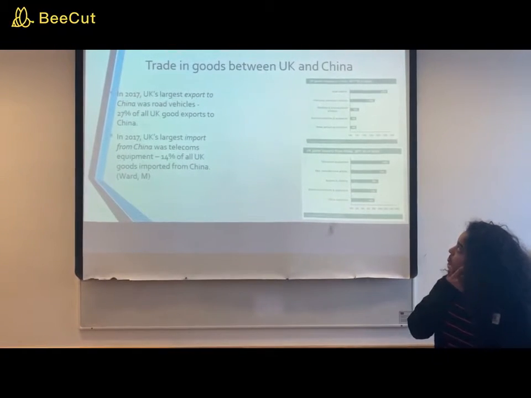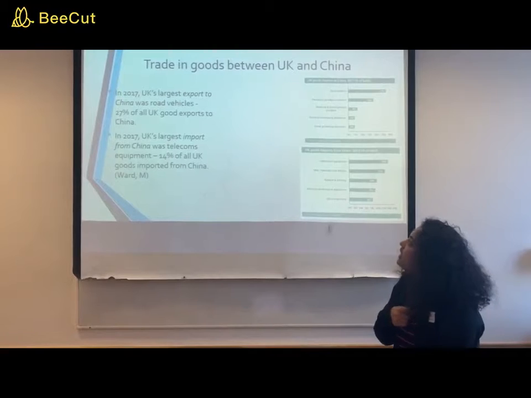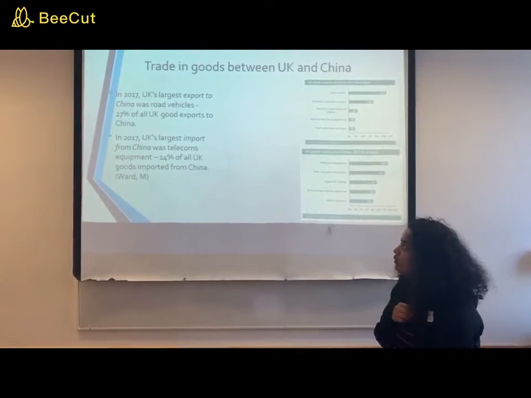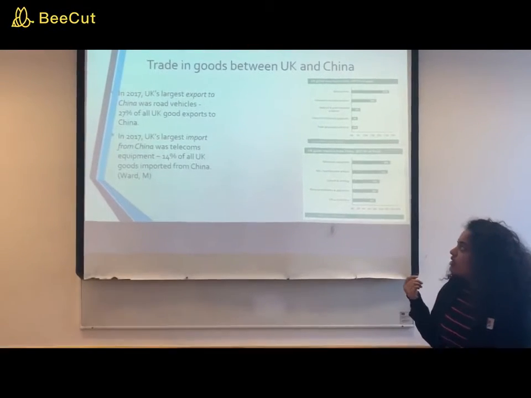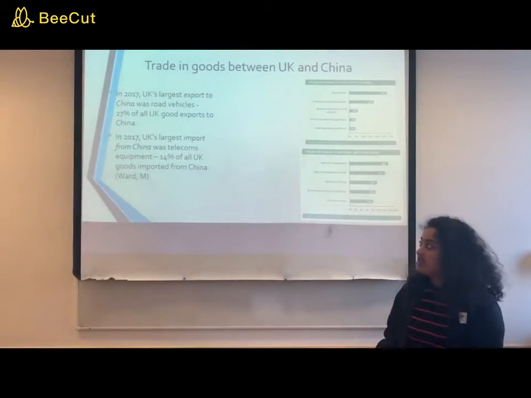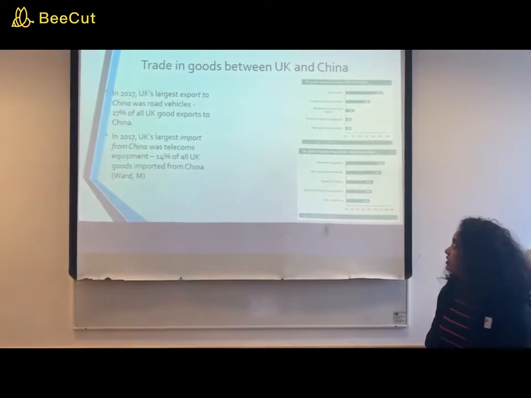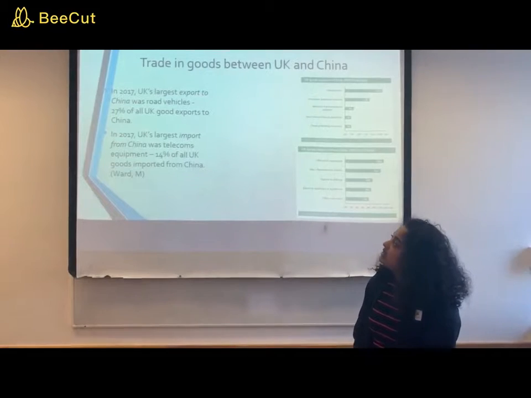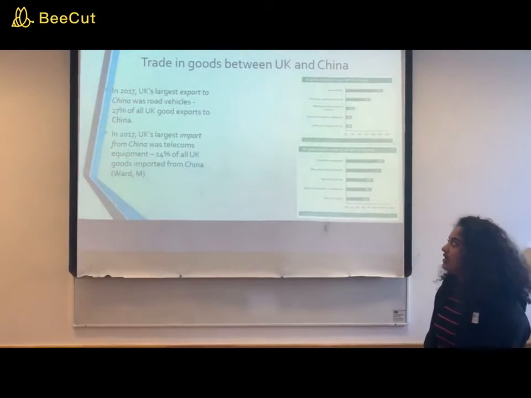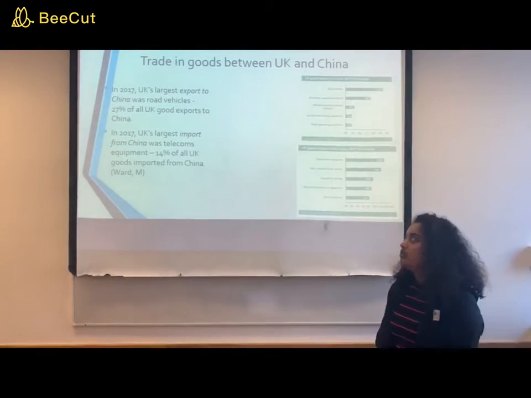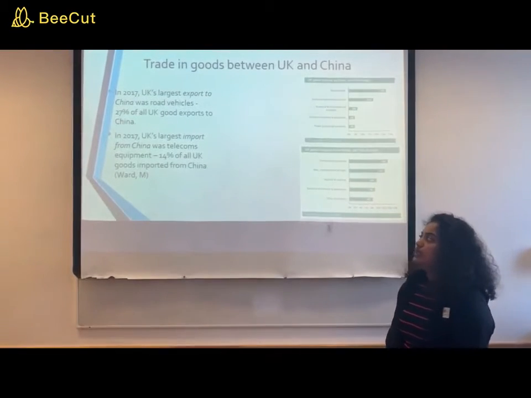The trade in goods between the UK and China. The UK's largest export to China is road vehicles, which is about 27% of all the goods exports that go to China. And the largest import from China into the UK was telecoms equipment, which was 14% of all the goods imported